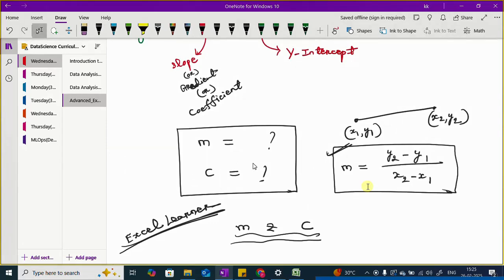Getting my point? I am not here to find out the value of m by using a mathematical equation. I am here to find out the value of m and c by using an Excel sheet. Clear, guys? Agenda is clear. Okay, agenda is clear at least. Fine. Now,